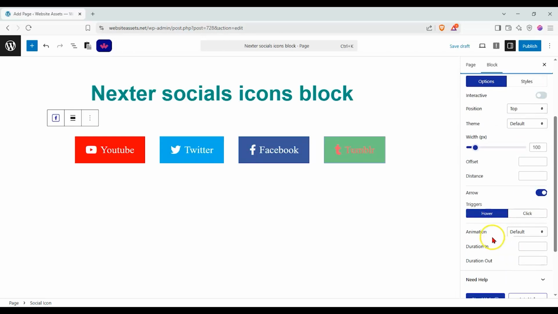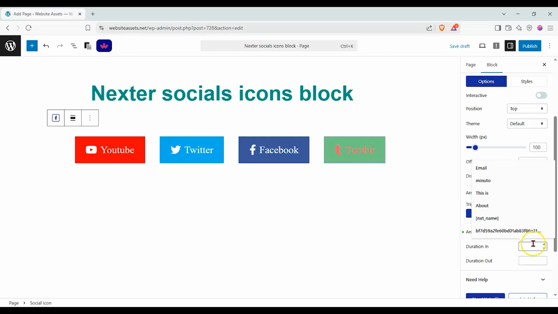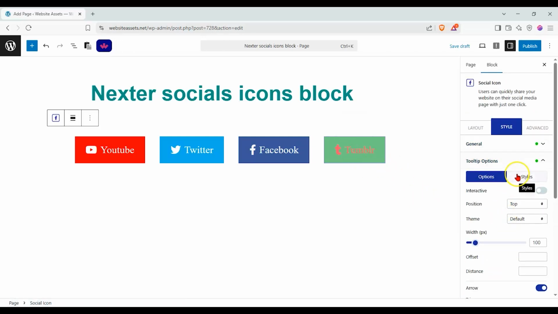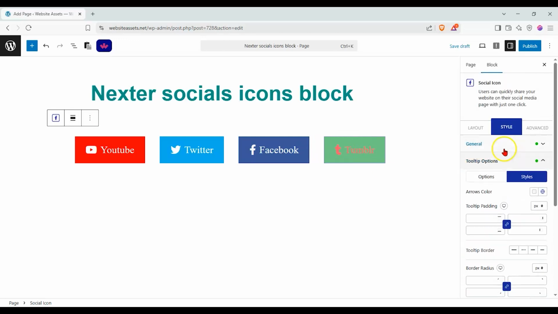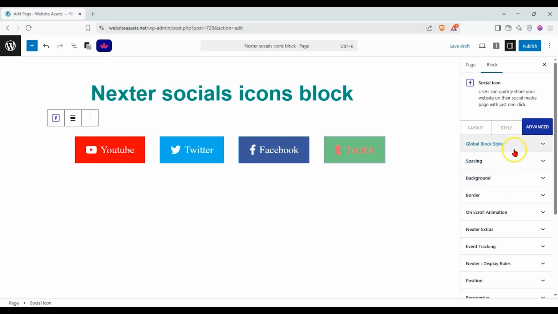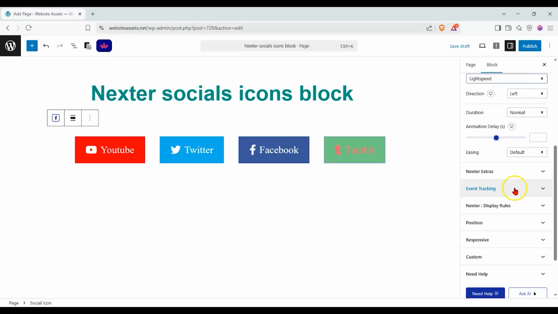We can also change the tooltip animations. Let's say 500. Okay, and we can also change the styles for the tooltips in general, and we have our advanced options here. So if you wanted, you can add global styles, spacing, additional spacing around the block, background, the border, on-scroll animations, right? If you wanted to do that, and these are just common to everything